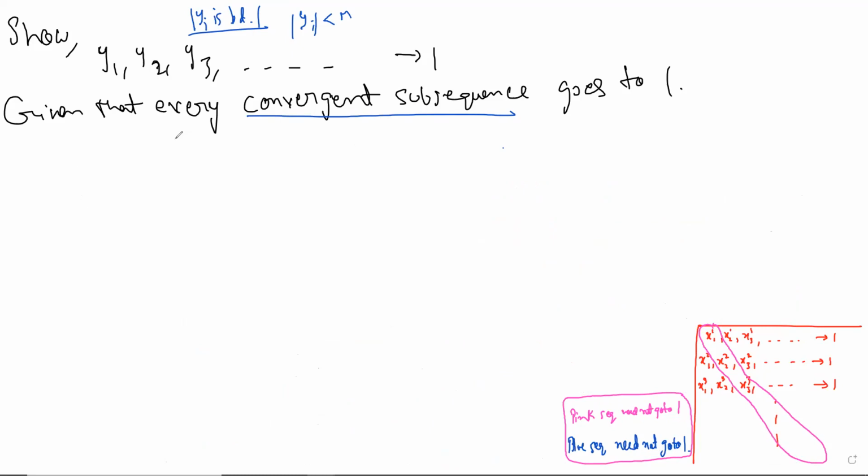No. For every epsilon, no. First step is to say, for every subsequence, given a subsequence, given yi1, yi2. So this is a sub part. So this is just i1 less than i2 less than i3 and so on. Given this